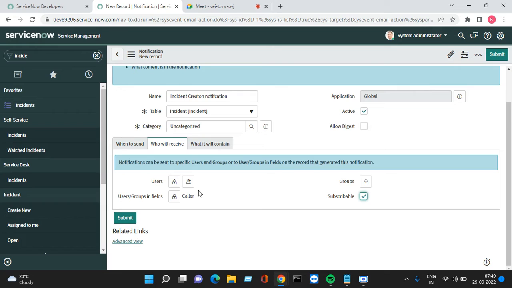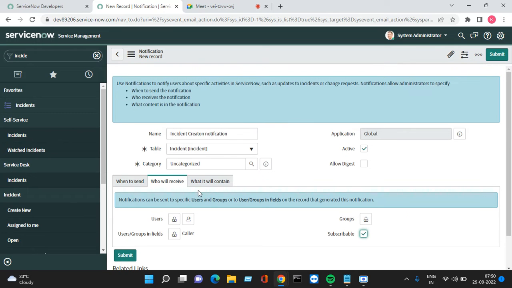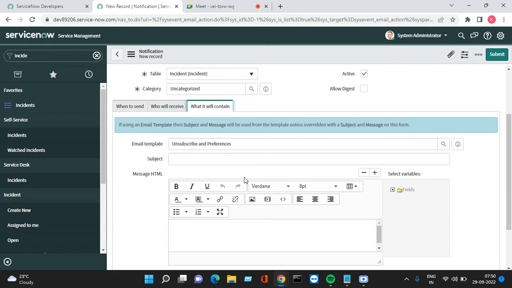Now, till now, what we have done is the "when to send". That means when the record is inserted or updated, and the insertion is true, and the second step, state is new, then we have to send an email notification to the user, whoever is in the caller field. And the next step, what it contains,